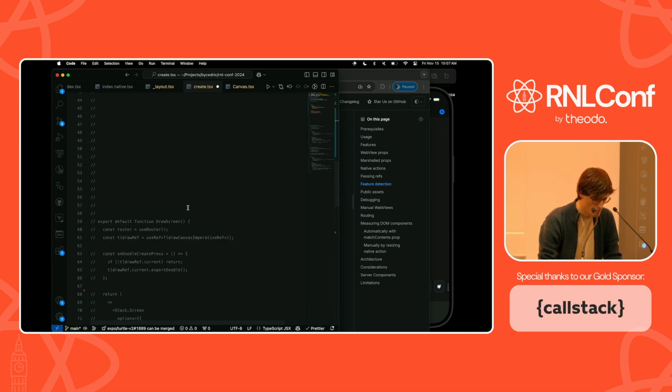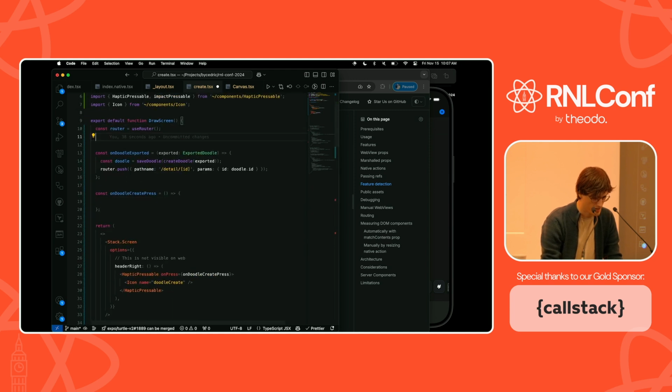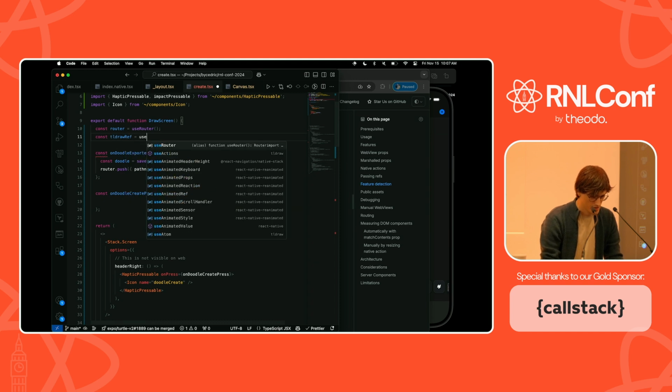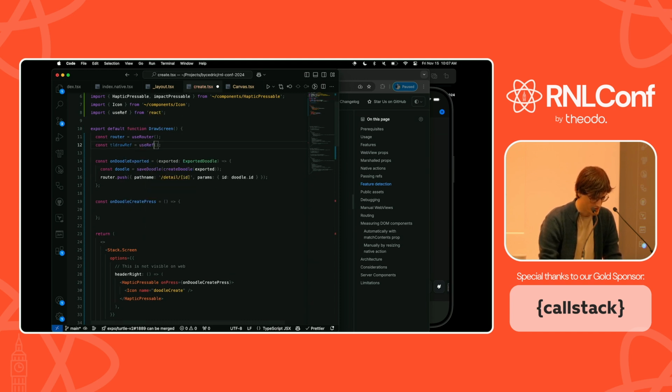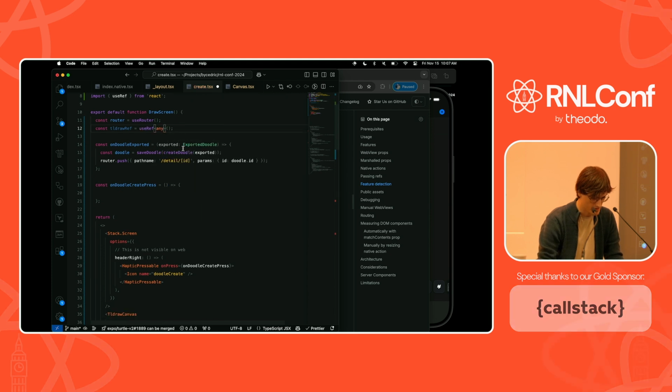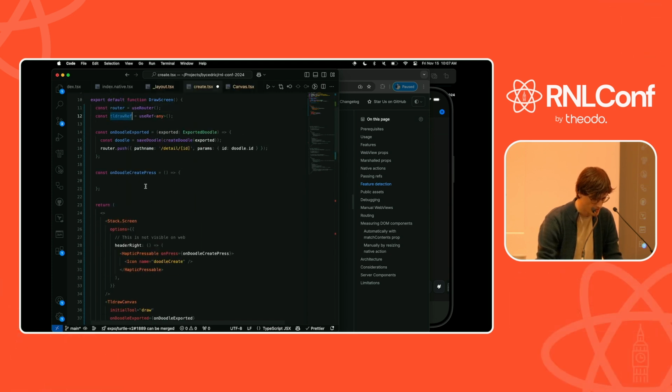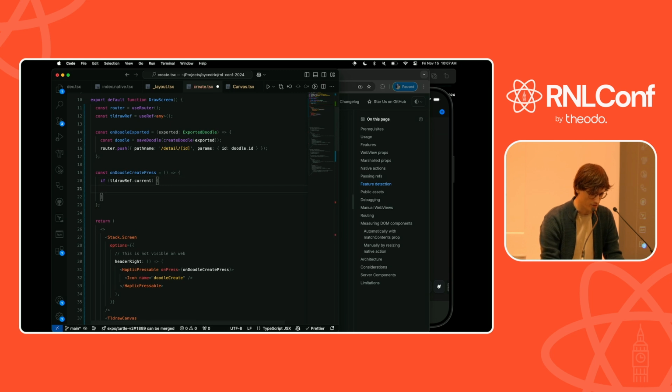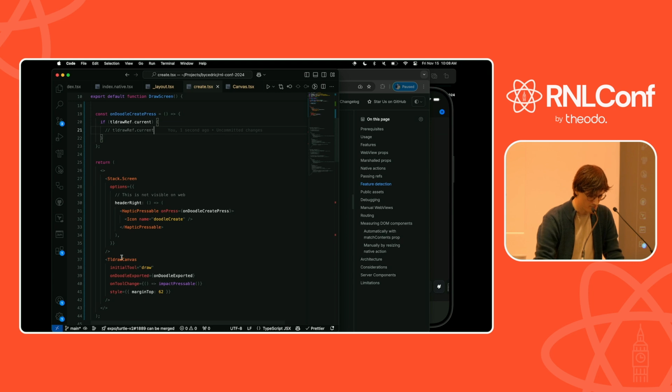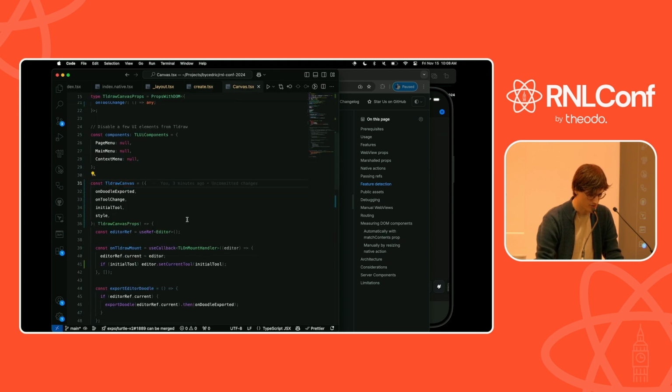So in here, we want to create a new ref, which we're going to call TLDraw ref. Use ref, well, the whole thing. We can add the type later. And then whenever we want to export or save the whole drawing, if we have a reference to TLDraw, we have to do something here. Now, in order to actually implement this ref part, we have to go to the DOM component here as